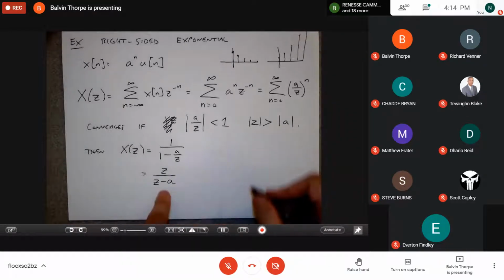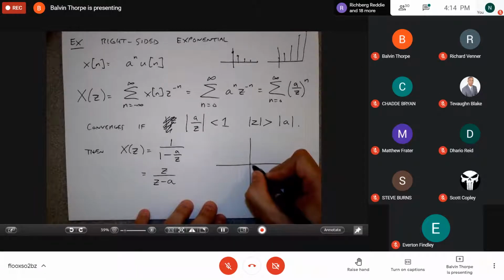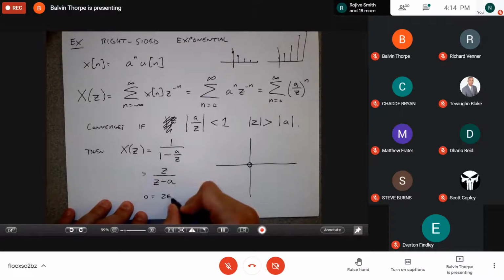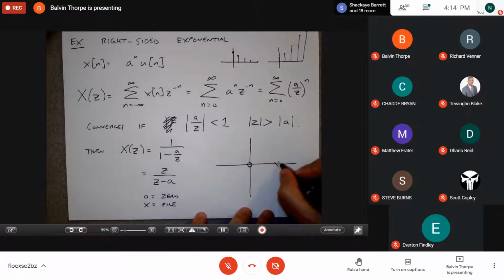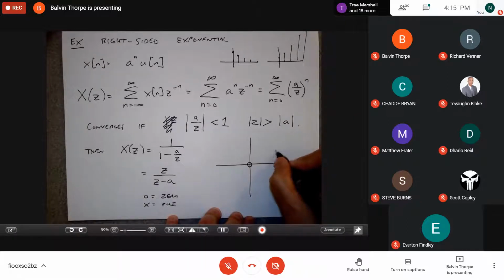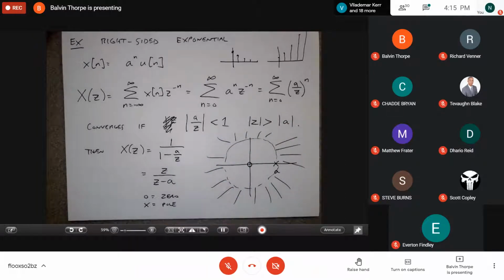And now here I can draw what's called the pole-zero diagram, which means that I can make a plot of saying, okay, there's only one place where the Z transform is 0, that's at z equals 0, and I draw this circle here to indicate a 0, and I draw an X to indicate a pole. And so I have a pole over here at a. Here in general, a could be some complex number. I'm drawing it right now as if it's a positive number, but in general it looks like this. And then my ROC is going to be a circle like this, and everything outside of that circle is going to be in the ROC.